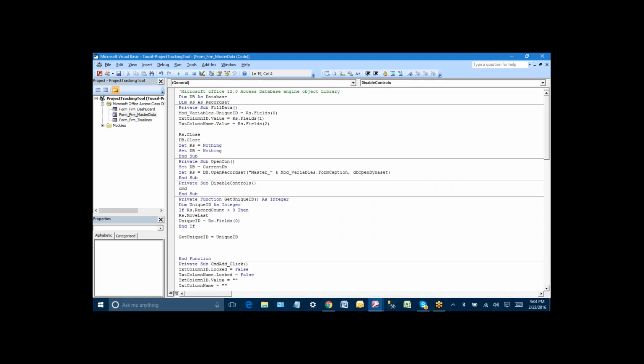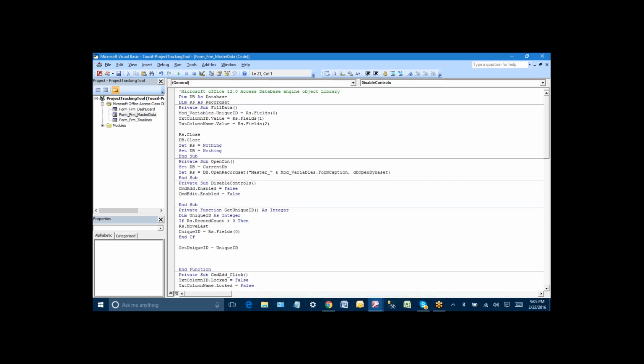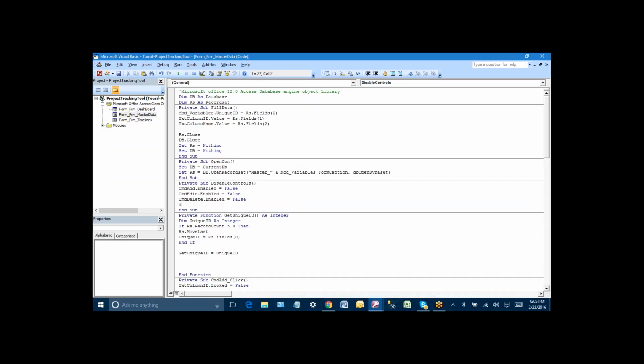Name of the command buttons which we need to disable: cmd add, cmd edit, I'll copy this part, then cmd delete, then cmd find,